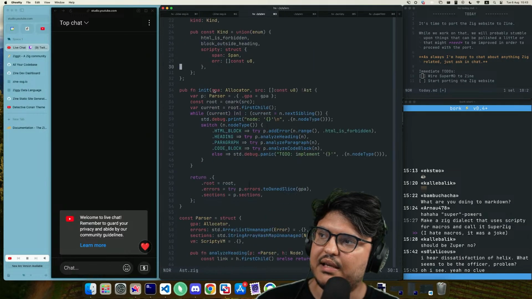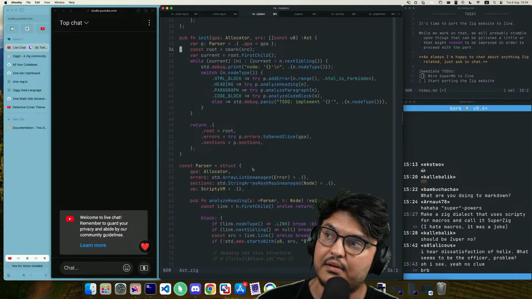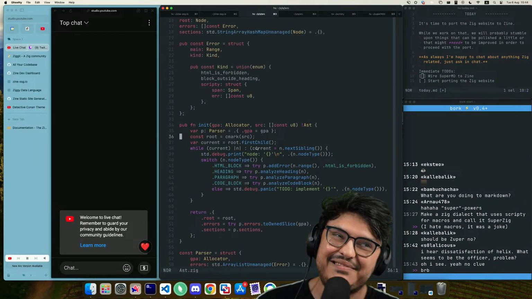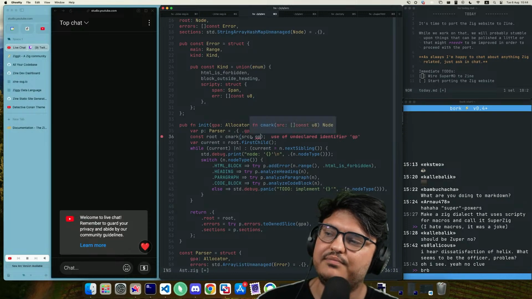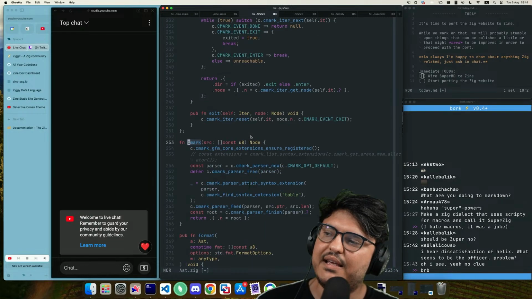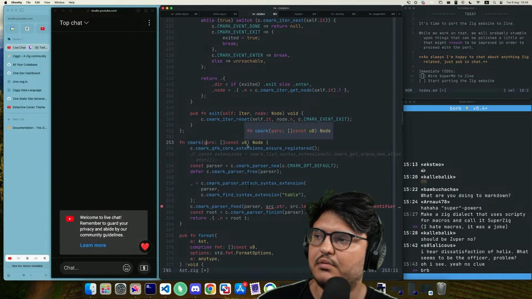Let's see. The AST itself uses the allocator that you pass in for everything, except CMark. Actually, GPA should be first argument.